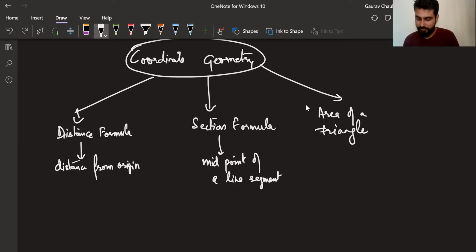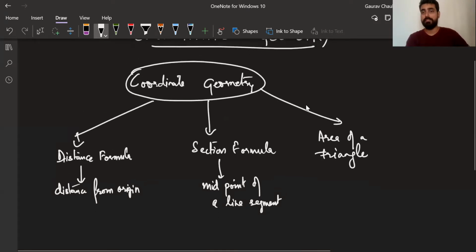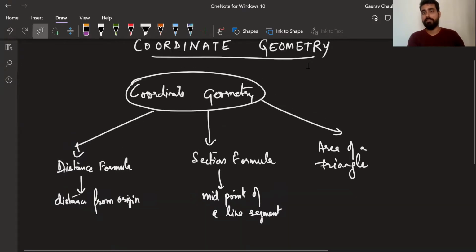Area of a triangle does not have much anything else. Okay, that's all. This chapter is just this big. All right, so we're going to target completion in 4 to 5 classes. Okay, end of this week. And yeah, I'll give you guys 30 seconds to take this map down, and then we'll get started. Okay, you have 30 seconds. Be quick. Give me a type done once you're done taking this down.